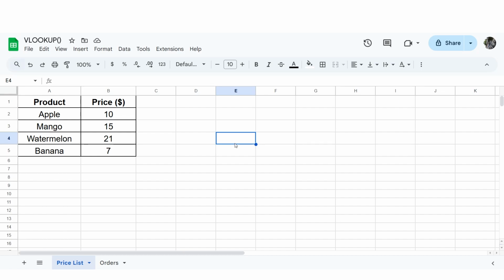Today, we'll talk about a very popular vertical lookup formula in Google Sheets, VLOOKUP. It is frequently used by office employees in marketing, sales, and analytics departments, among others. This formula is great for pulling data from another table based on an identifier, such as an article number or